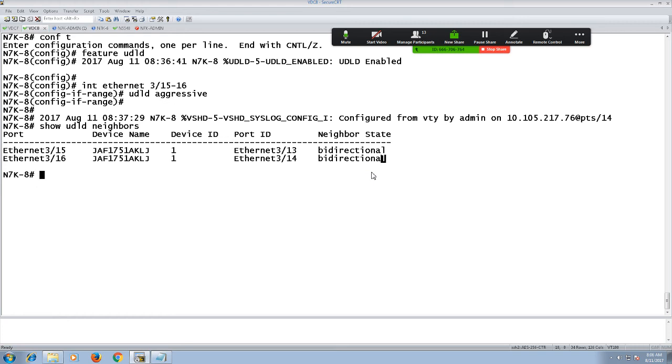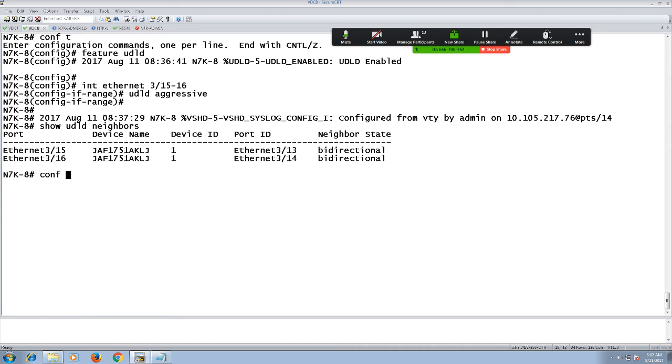Now in some processes, like when we talk about vPCs, at some times it will be mandatory to configure it, as a best practice. But sometimes UDLD is not expected, and even Cisco says that you need not enable those things. It can even cause some problems. So there are details you should be aware of when it comes to the implementation of other protocols also, and in those conditions make sure you don't enable it, or sometimes you have to enable it.